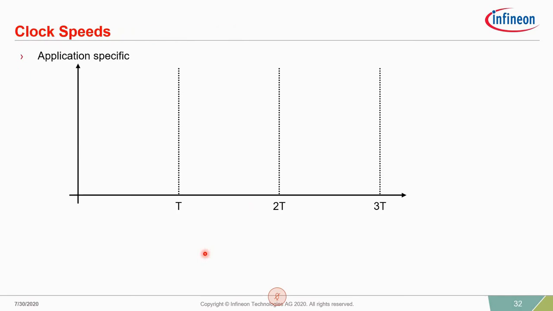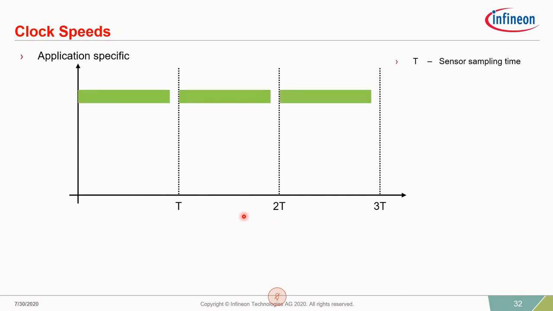Let's say we are using PSOC 6 to basically process data received from the sensor, and the sensor gives out data at every t seconds. So the sensor sampling time would be t seconds. And because of the analogy that I spoke about earlier, let's say we are using lower clock frequencies, and because of this, we are able to process the data that we're getting from the sensor within t1 seconds. So as you can see, t1 is the processing time with lower clock speeds.